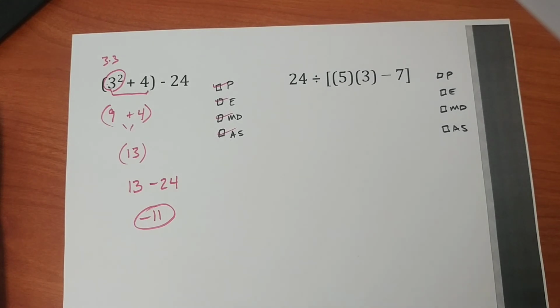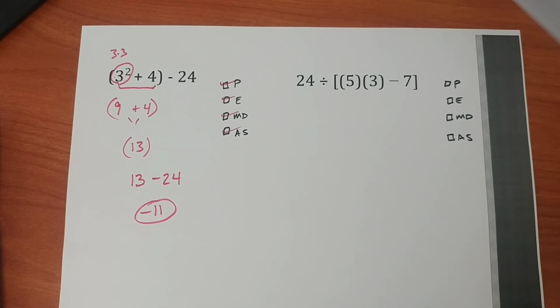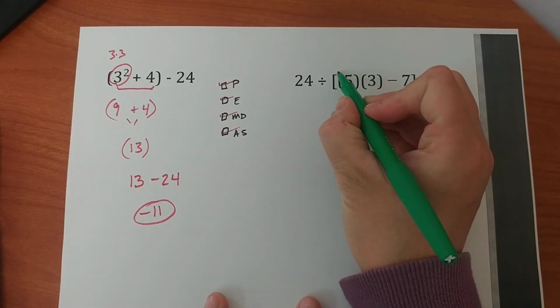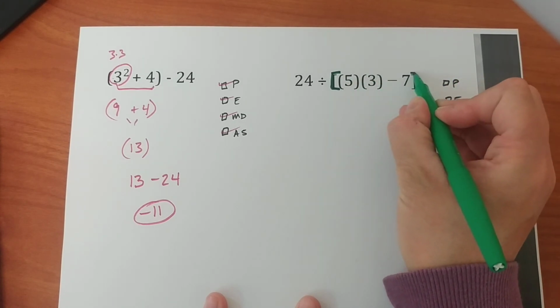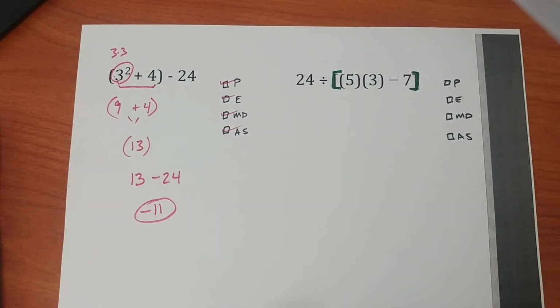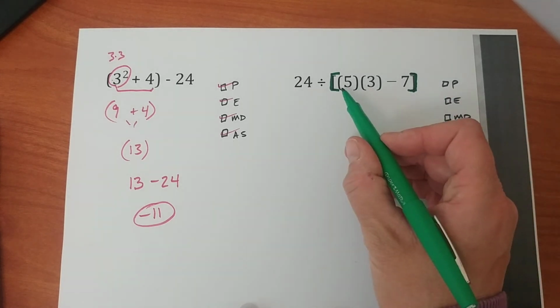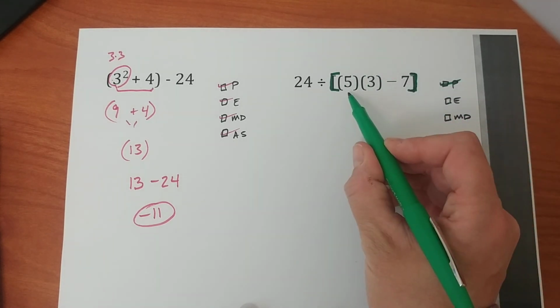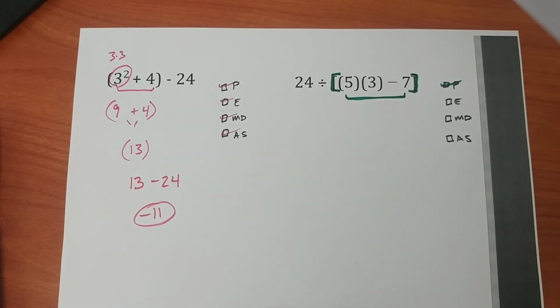All right. Now with this one, I see brackets. The reason why brackets are being used is because there's already parentheses, and they can't go parentheses with more parentheses, so we use brackets. So brackets, grouping symbols. It really is the same thing as parentheses, essentially. You're still going to do it first. So I got to do everything that's inside this bracket, all of this stuff right here. So if I'm going to do that first,